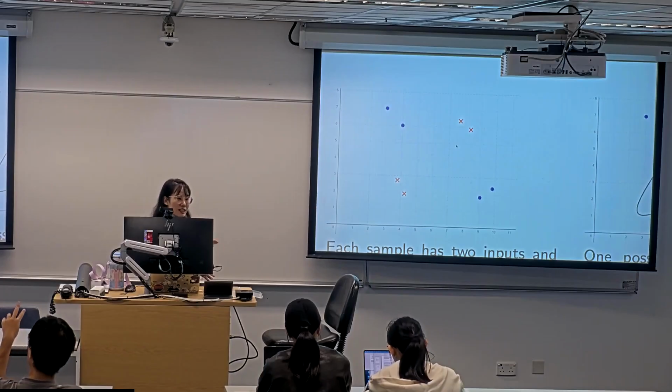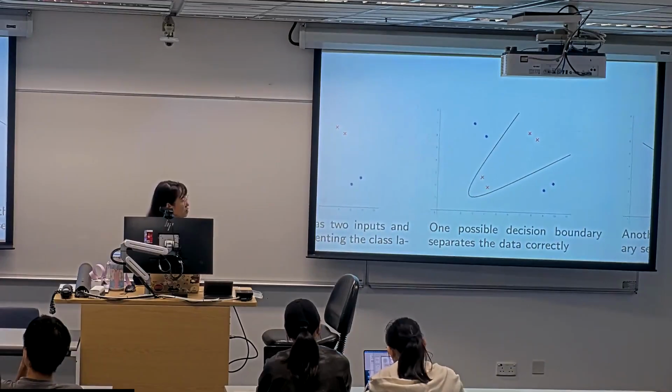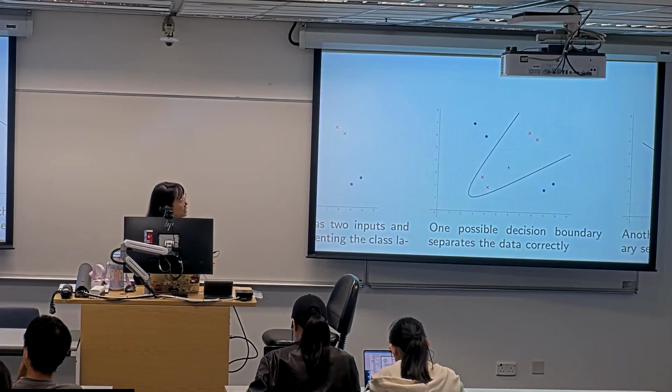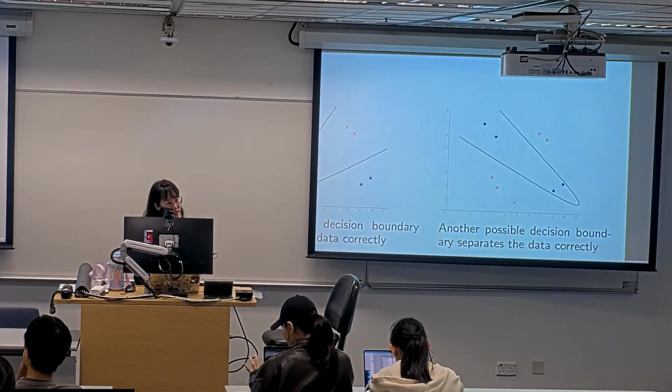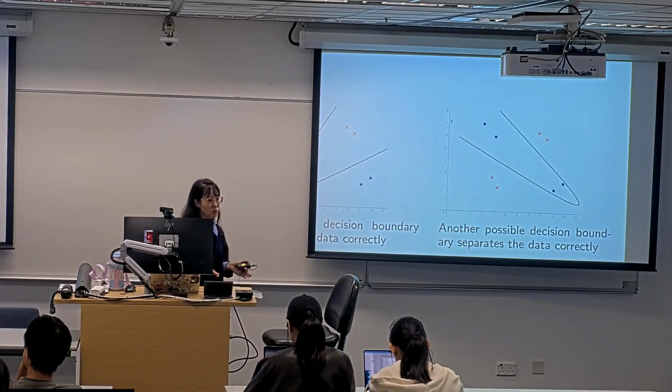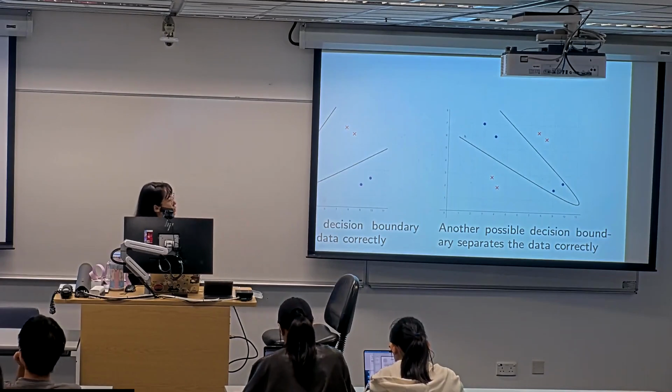Again, there are an infinite number of decision boundaries. This is one possibility. One possible decision boundary that can separate the data correctly is this parabola. Another possible decision boundary that separates the data correctly is like this. You can draw as many as you want to separate these two classes because currently we only have